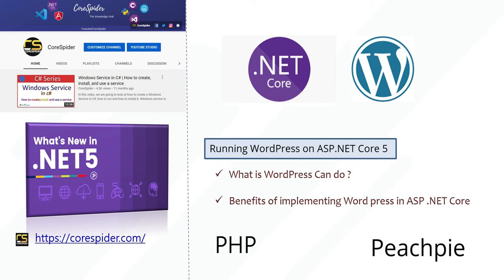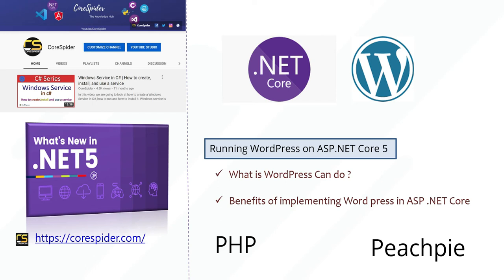WordPress on .NET Core is possible with Peachpie, which is a PHP compiler built on top of the Roslyn platform. It's a set of runtime and base class libraries and everything that allows compiling a PHP project. Peachpie allows for seamless interoperability both ways between PHP and .NET applications. In simpler terms, some parts of the application can be written in PHP while the other modules are written in .NET, and everything will work together as one application. Peachpie is an SDK for .NET that can be accessed using NuGet packages.